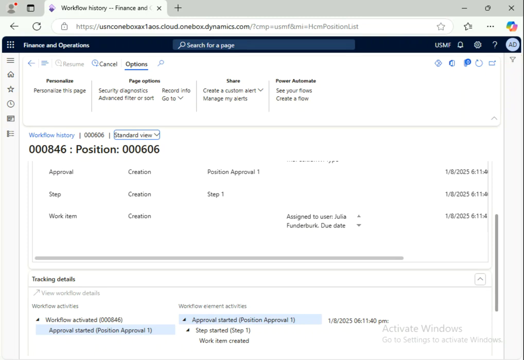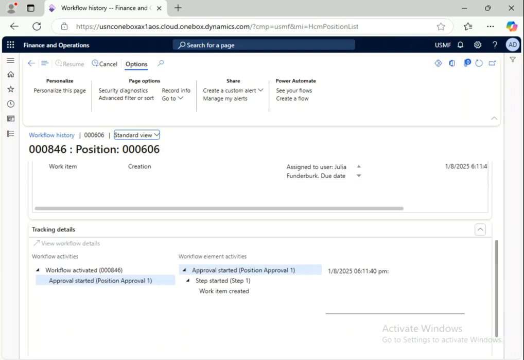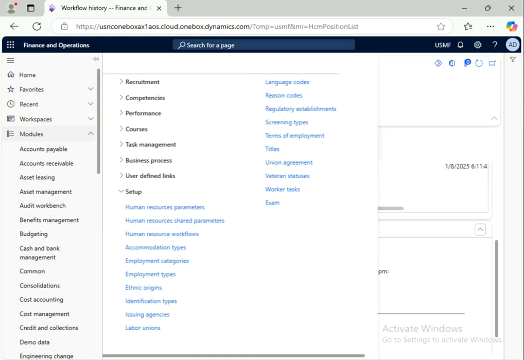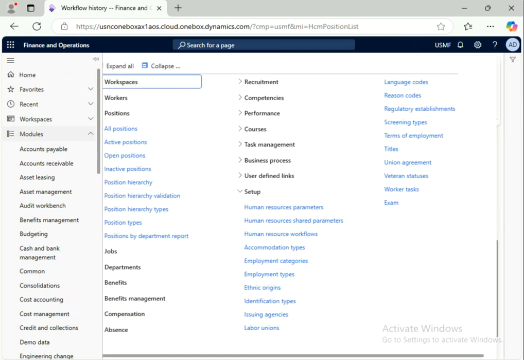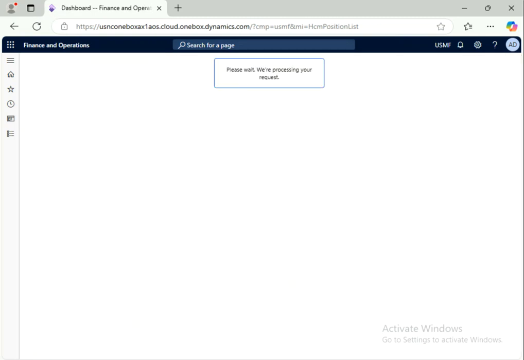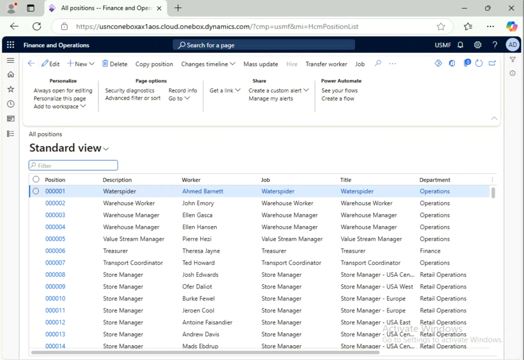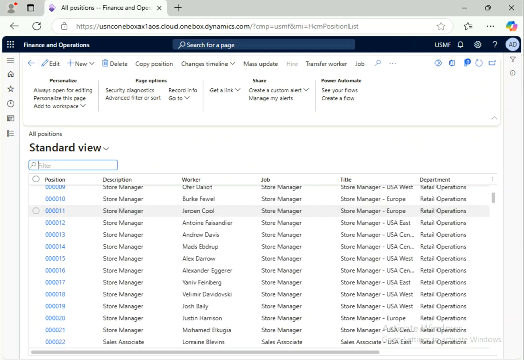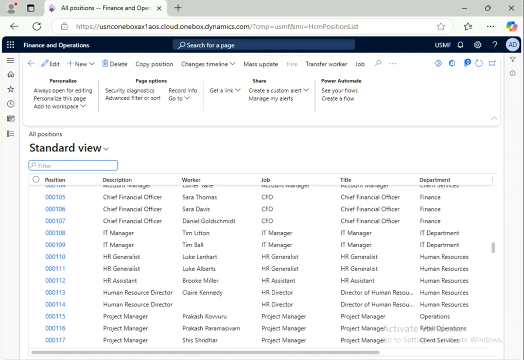Now we can do the steps. We'll go and approve the workflow and we'll see how the workflow will flow on. Okay, now just go to the position page. Again, all position, because we are the admin, so we should have the approval option shown in the workflow. Now go to all position and find the position which we created and submitted. Scroll down to the workflow page, position page, bottom of the screen might be